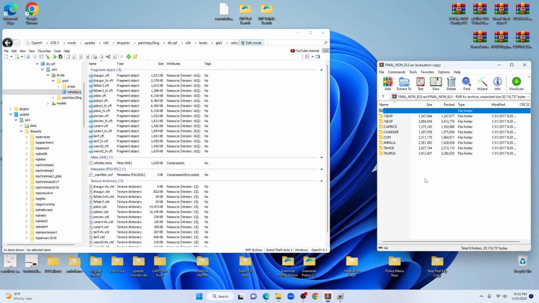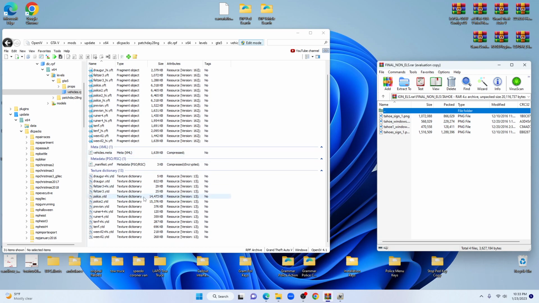It'll go to your WinRAR. And you'll open that texture, which I've already found my Tahoe texture. So what you're gonna do is the same thing I'm doing. Inside of whatever Tahoe you downloaded, look for the Tahoe. Open the Tahoe folder, and then come over to your WinRAR, your OpenIV, and look for